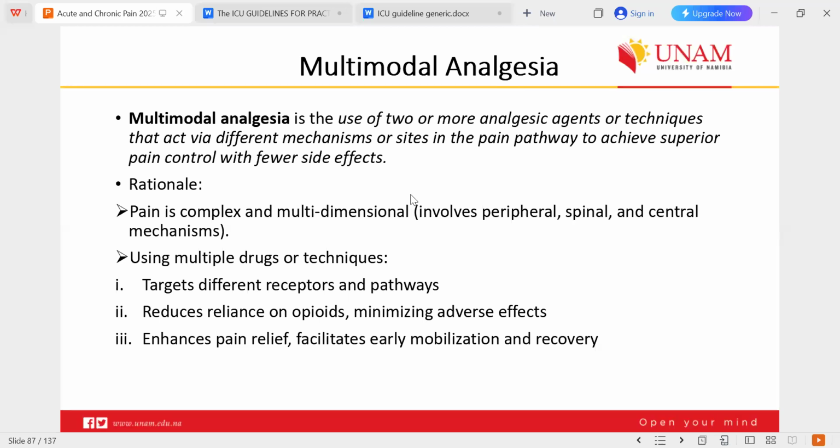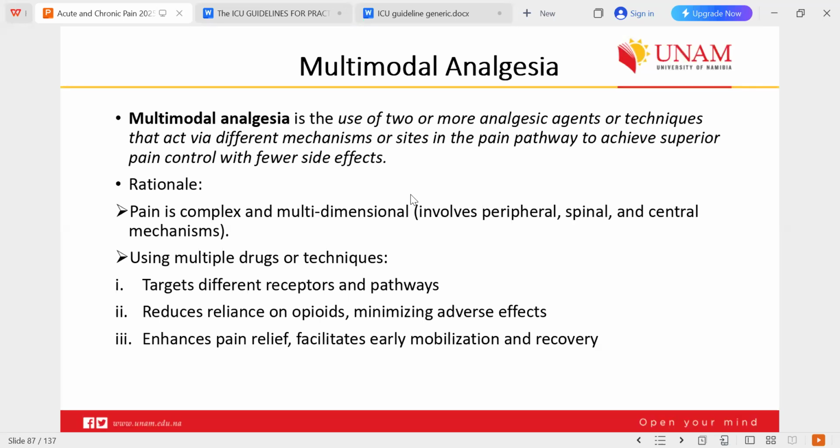Multimodal analgesia is when you're giving two or more drugs working at different sites or acting by different mechanisms in the pain pathway. And the beauty of it is that it achieves superior pain relief